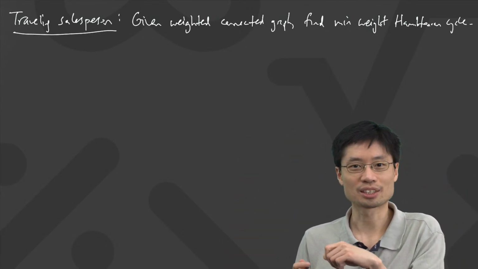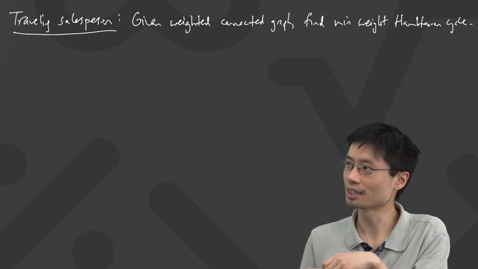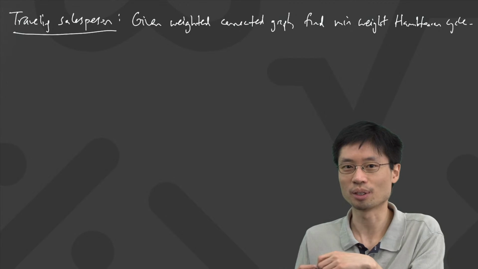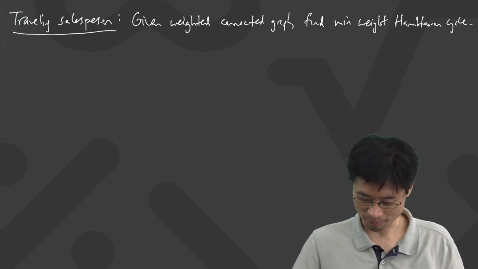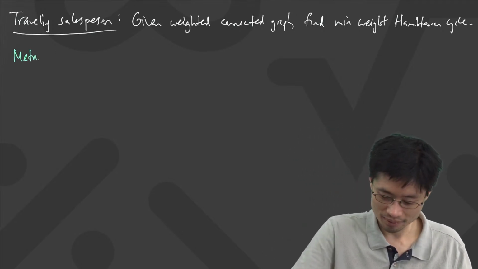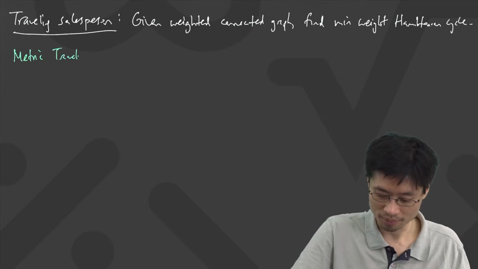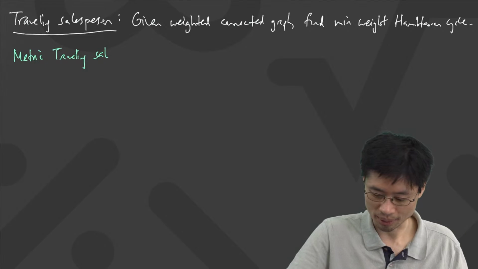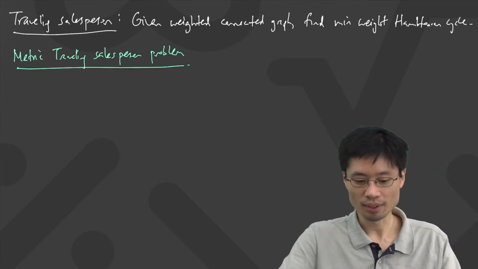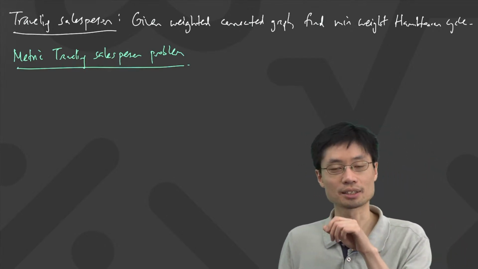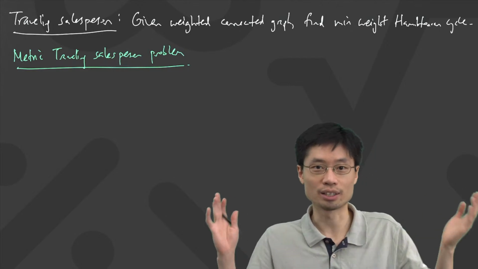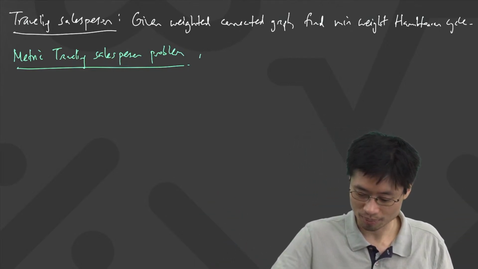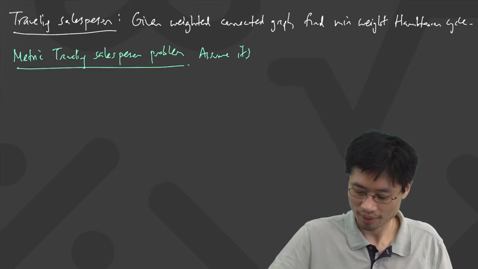So I'm going to focus on a slightly different problem, which is not necessarily super realistic, but it could be not bad. The alternative problem is called the metric traveling salesman problem. What the metric traveling salesperson problem says is let's just assume that from every vertex to every other vertex, you can go. So let's assume we're playing on a complete graph,